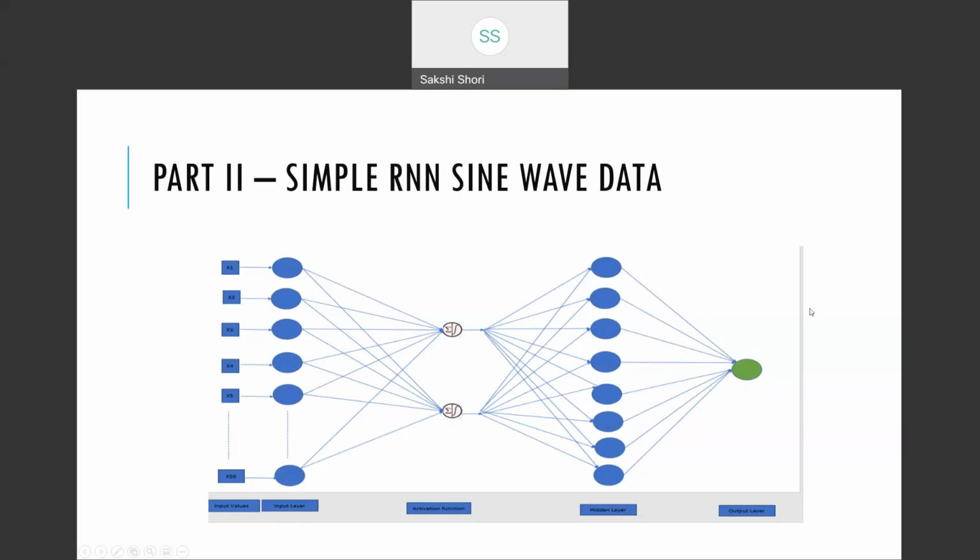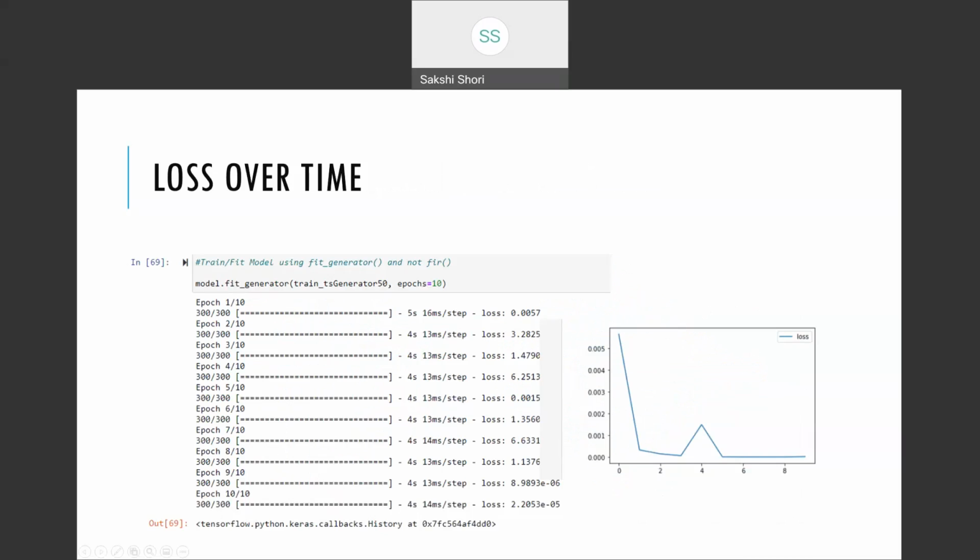Let's now build the model, right? Now that we have the architecture or the basic layout of how the simple RNN model looks like, let's build it. So first thing, to build the model, I imported all the Python libraries, split the dataset into training and testing dataset. The features were defined and the model was compiled, trained and fit with 10 epochs in this part. Each epoch basically results in a loss.